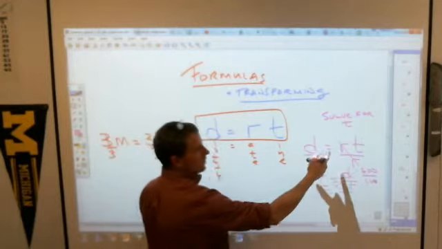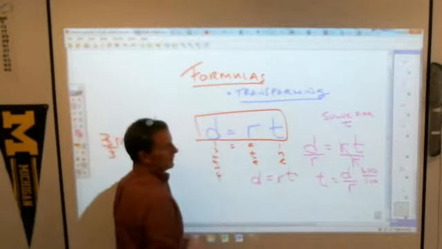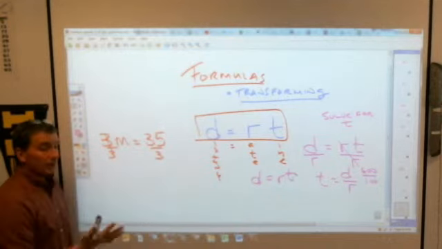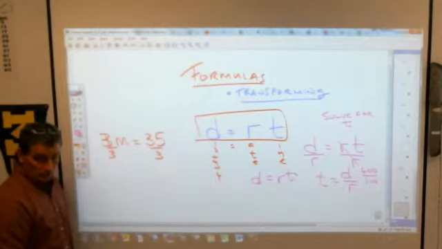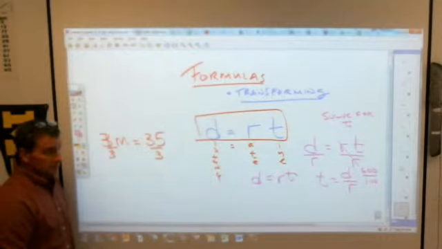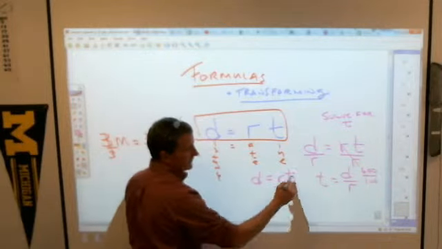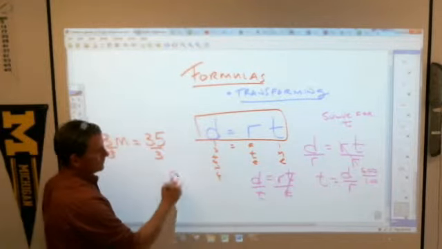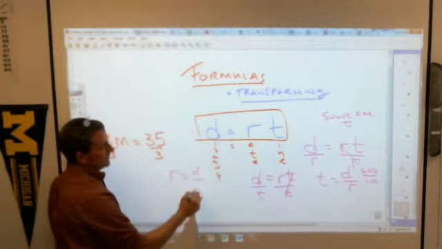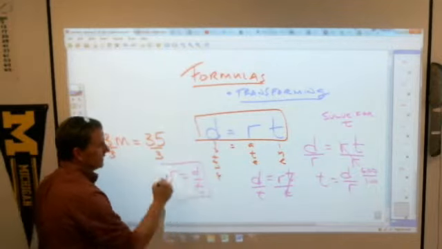You could also solve this, d equals r times t. If I wanted to solve it for the letter r, what would I have to do? Chase? Divide by t. Yeah, divide by t, because it's still multiplication. You divide by t, they go away. You divide by t, you get r equals d divided by t. And you should be able to do that for any and every